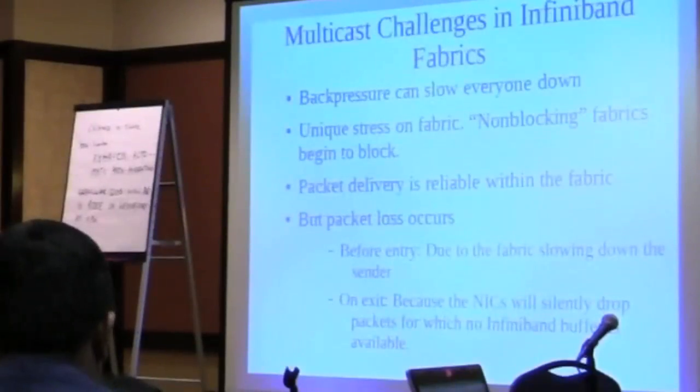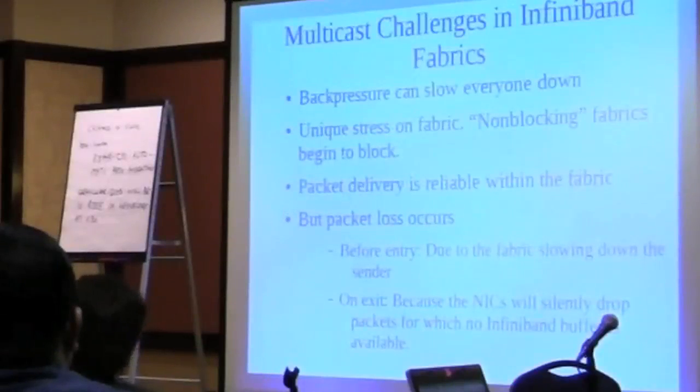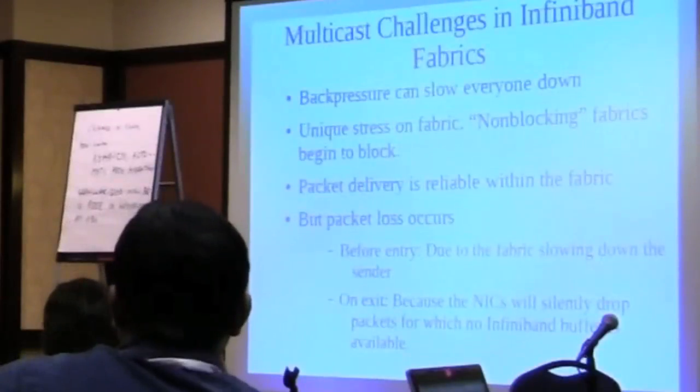So in InfiniBand fabric, messaging has some other challenges. We have this idea of a lossless fabric. Now the receiver can slow down the sender. Let's say you have a multicast group with one sender and 1,000 receivers. Any one of those 1,000 receivers can now slow down the sender. So 1,000 people can yank the chain on this one sender. And this can be very problematic. If you have one slow guy in there, everybody gets slower market data. That's a big problem.